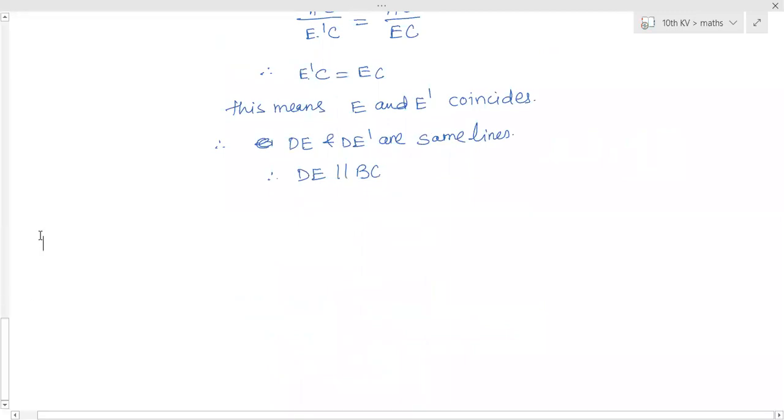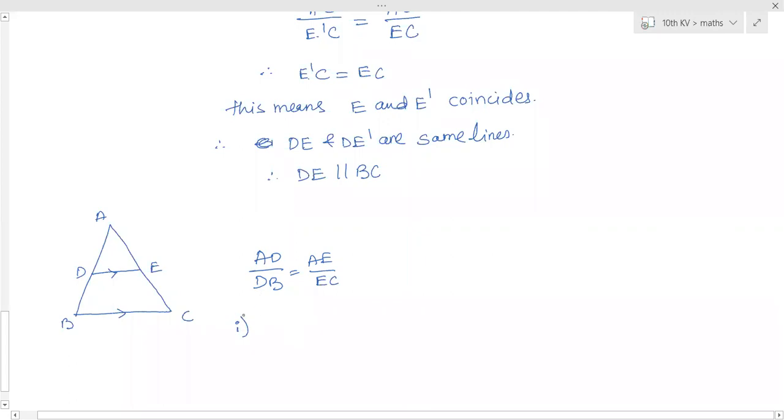Okay. Now two more things we have to prove from the same thing, in a triangle. Suppose we have proved DE is parallel to BC, in triangle ABC, where D and E are points on the sides. So already we know that DE is parallel to BC. According to BPT, what will we get? AD by DB is equal to AE by EC. This is the original one that we get directly from the BPT. But from that, other things also we can prove, which we call a corollary.